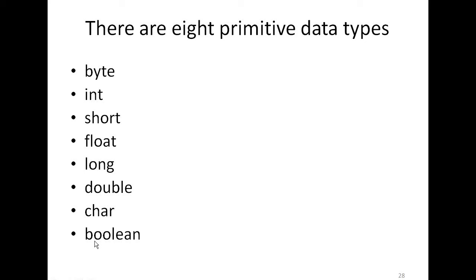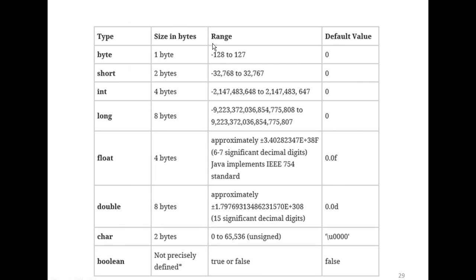You need to know the name, and as I already told you, Java is a case sensitive language. See, these are all the keywords, and whenever you are writing the data type, you have to follow the case in which they are written. This chart basically gives you the size in bytes occupied by the data types and the range or the span of the values they cover, like byte covers from -128 to 127. So if it is beyond 127, then it has to come to the next data type. And the default values are given over here also.